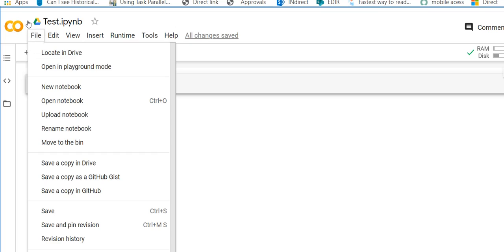Also, you have an option to download this notebook file in the IPYNB format or in PY format. You can also save a copy in your Google Drive, or directly store this file in a GitHub repository. I would prefer that you always use Google Drive. Suppose you are creating a deep learning model, then the step-by-step model will automatically be saved in your Google Drive. In case you lose the connection, you will still be able to get your model if you are using Google Drive.